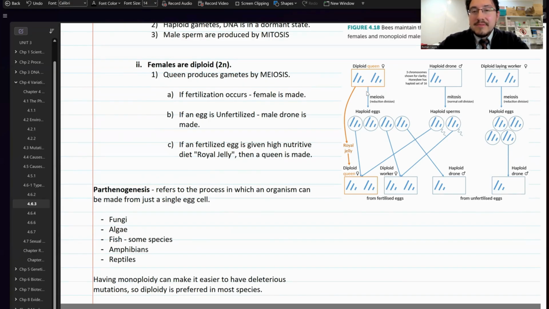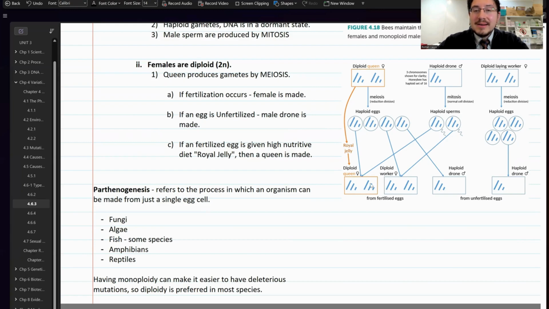But if you have a particular case where you have an egg that gets fertilized by a sperm and you apply to it a very nutritive diet solution that's referred to as royal jelly,